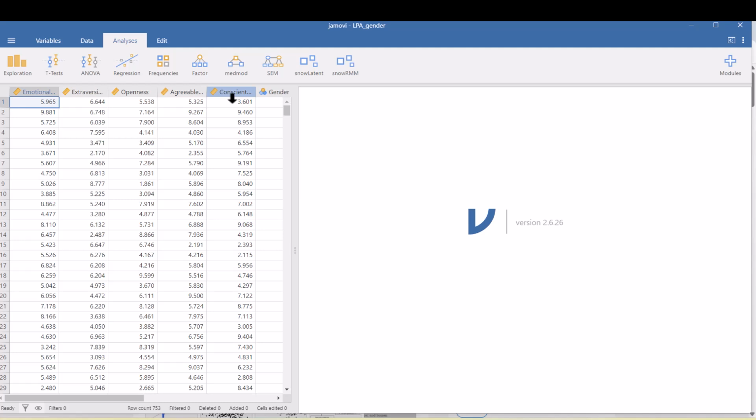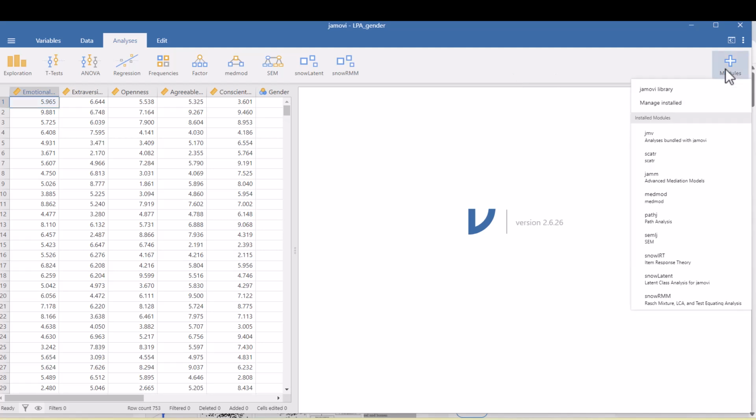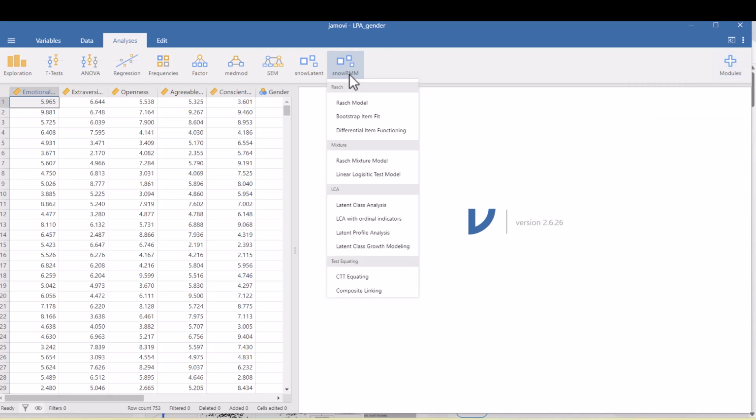The module in Jamovi that I'm going to use for this is called SNORMM. So this is the module here. If you don't see that in your point and click menu in Jamovi, you can go to modules and then you can go to the Jamovi library where you will find it, and then you can install it in your Jamovi software. So when you click on SNORMM, you can see there are a bunch of options, including Rush model,